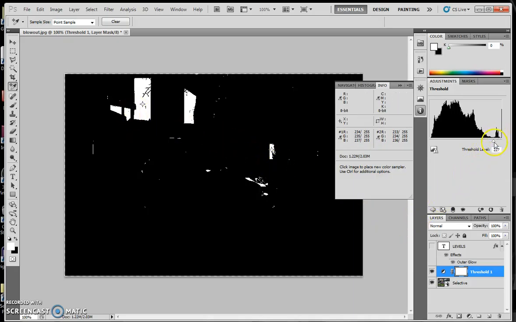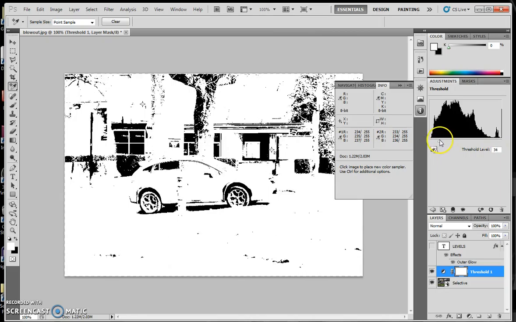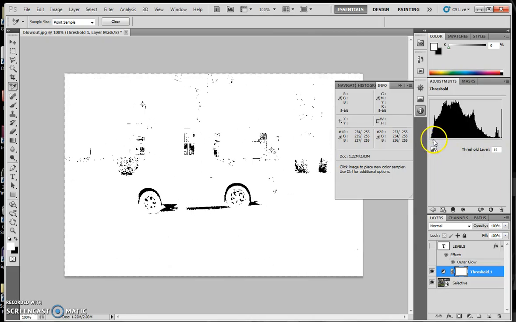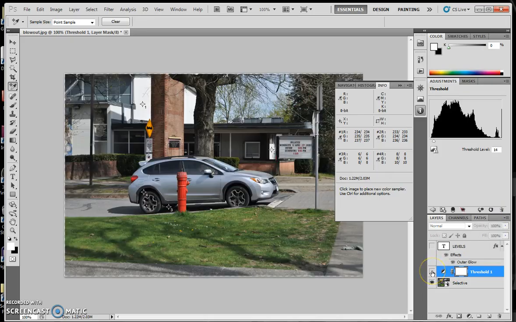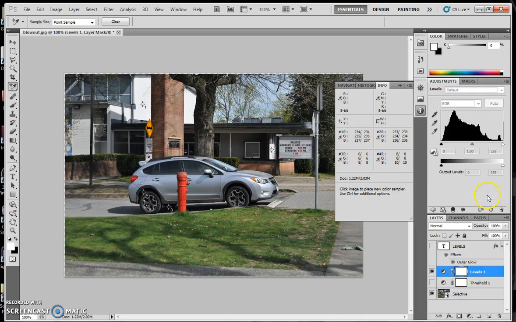Then I'm going to take my slider and go all the way back to the other side and figure out where my last bit of black is. So I see that that's under the car here or in the footwell. So I'm going to mark those two spots as well. Now I don't need my threshold layer anymore, so I'm going to turn that off, but the marked spots stay behind. So next I'm going to take my levels layer, turn that on,